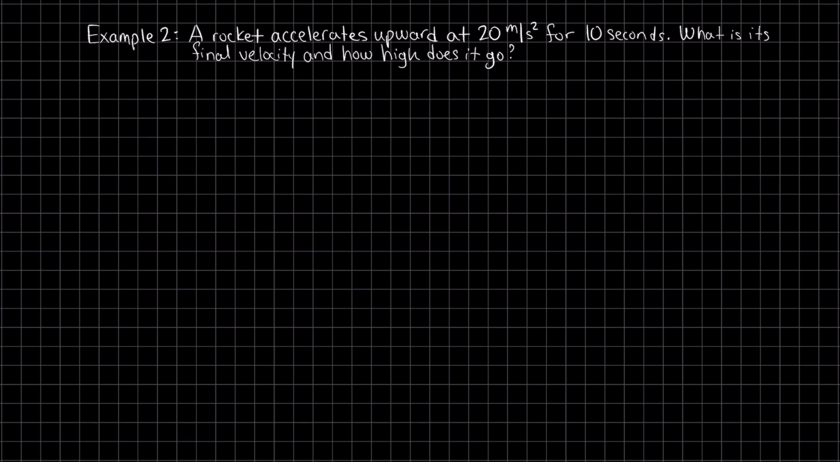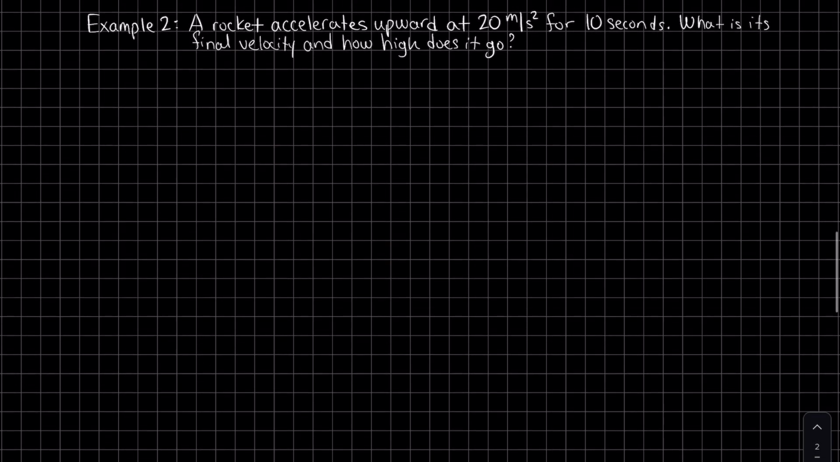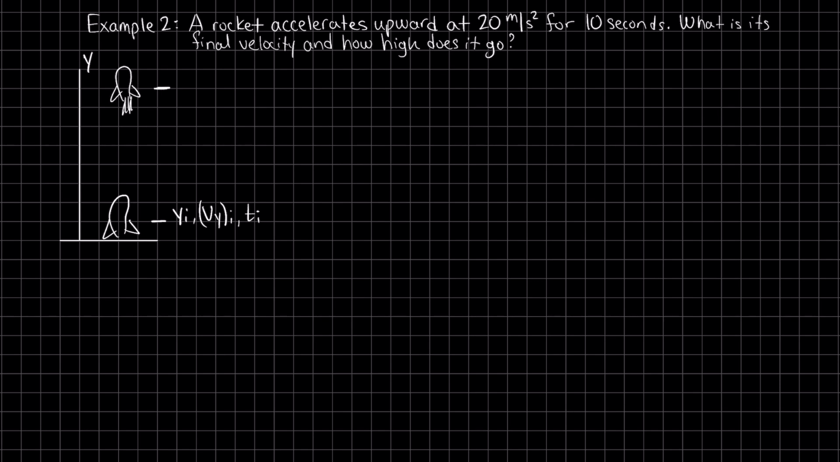Since I have a rocket going upwards, that's another type of one-dimensional motion, up, down. And the previous example that we did was just left and right. So I need to model this vertically. Now my rocket's going to start from there, and at this position here, this is where I'm going to find my initial vertical position, my vertical velocity initially, and my initial time. And then 10 seconds later, let's say it's up here. And at this position, this is where I'm going to find my final vertical position, my final vertical velocity, and